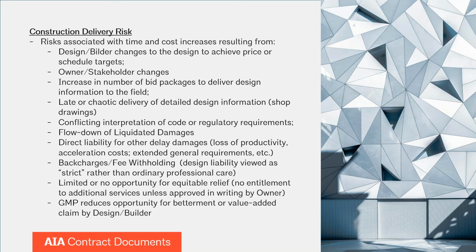That's a claim the design builder must run up the ladder to the developer or to the design builder's client. And a GMP is an opportunity for the client just to say, no, I contracted for a complete system, a complete smoke control system. I contracted for a complete curtain wall system. This is a cost that you'll have to eat. And so it's difficult for the design builder to assert those value-added claims under a GMP